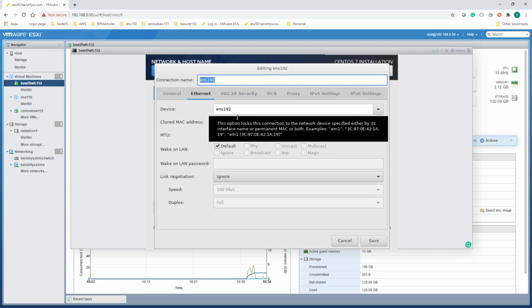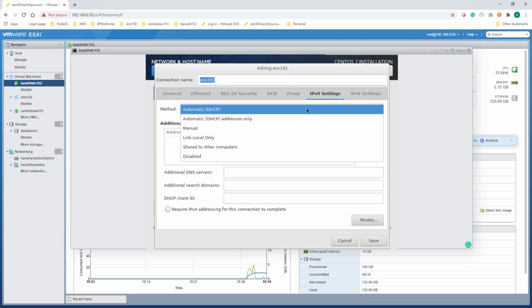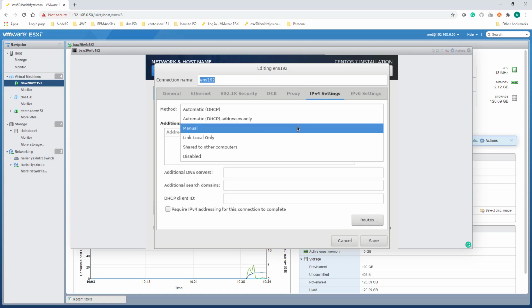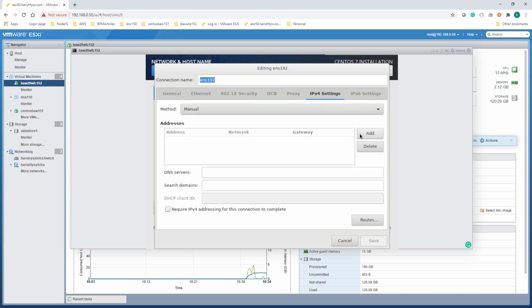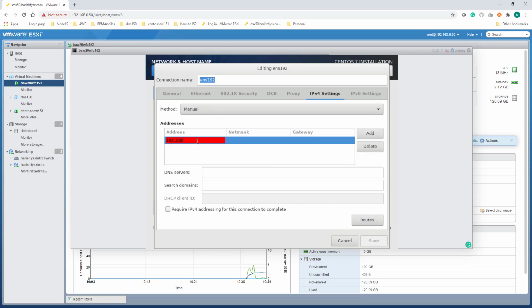So here I'll be setting static IPv4. I can select the manual, and the IP address would be 192.168.0.152, and net mask is